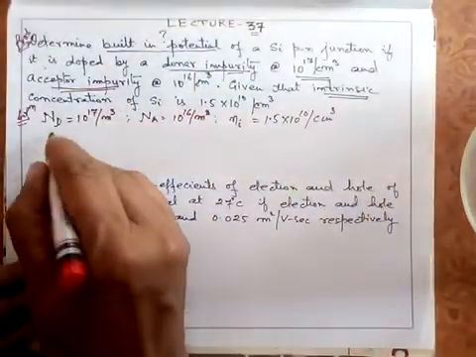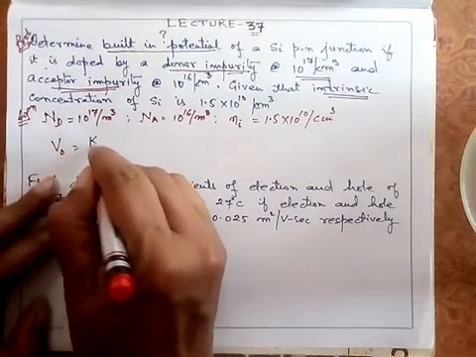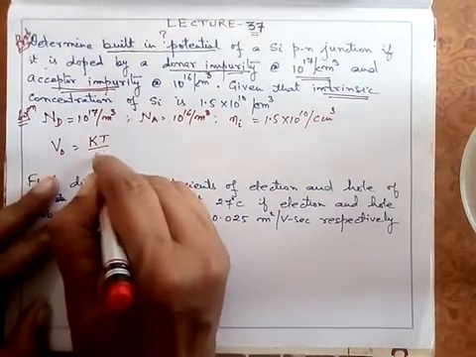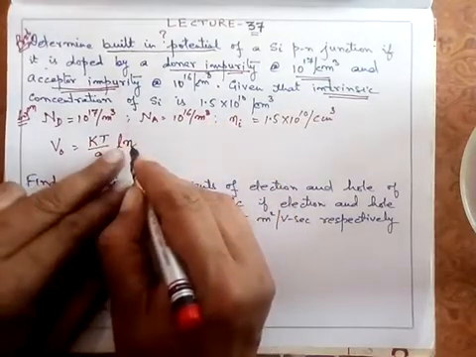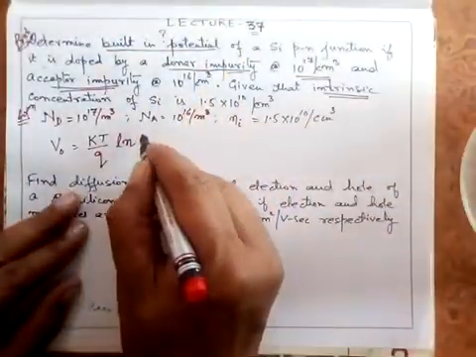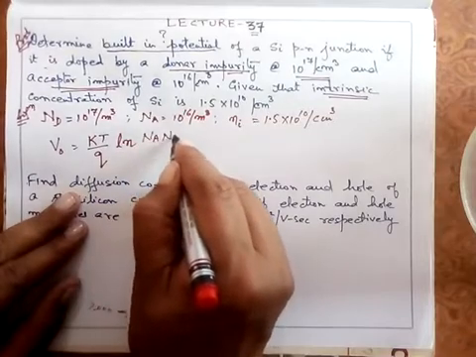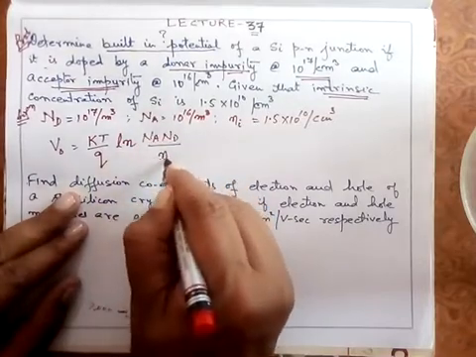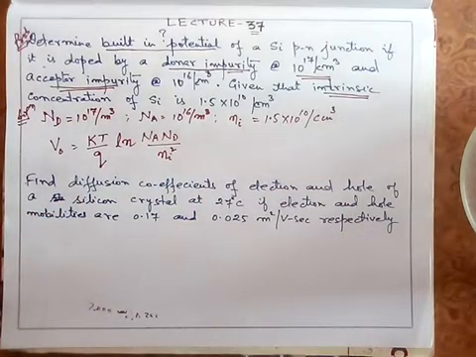You have this built-in potential V0 is equal to KT upon Q into ln, ln means log base e, of Na Nd upon Ni square,